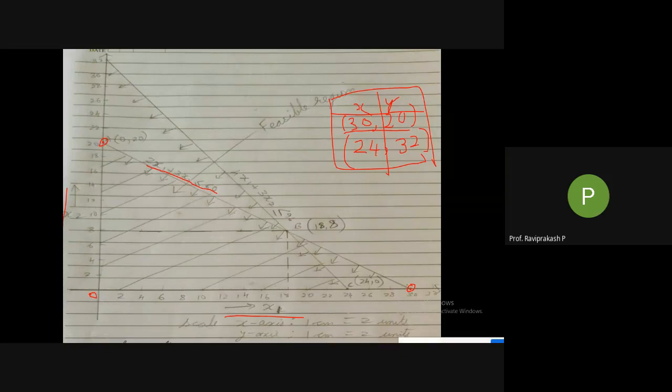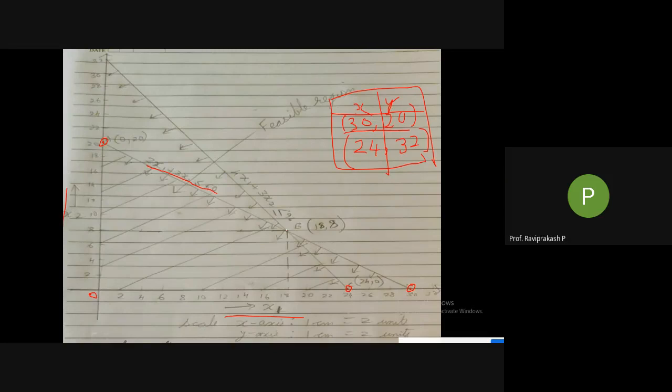Next, coming to the second one, here it is 24 and 32. So 24 is on the x-axis. So what is 24? 24 is here. I'll put a mark, I'll put a circle. Okay, so in the class I could have drawn one by one, but I cannot draw it because of this particular mouse pointer. I cannot draw a straight line exactly. Okay, but the thing is we need to get an exact point.